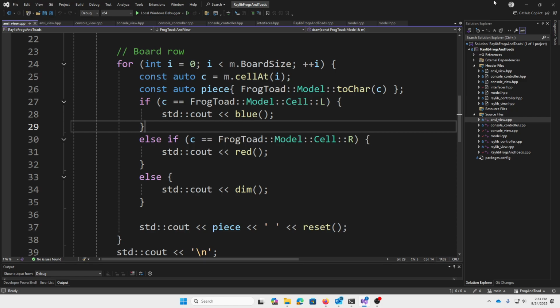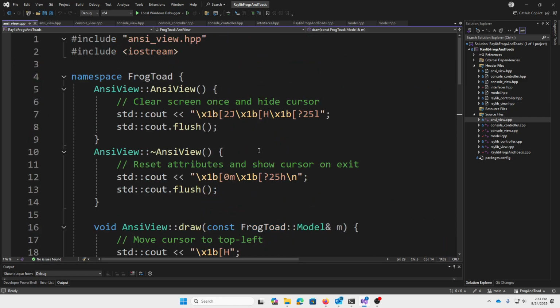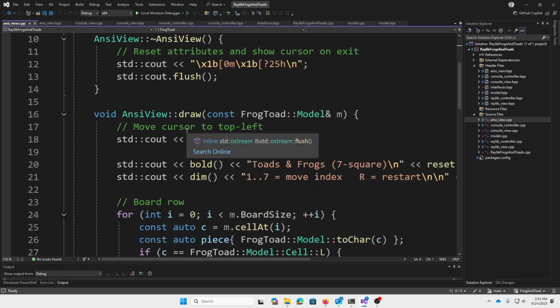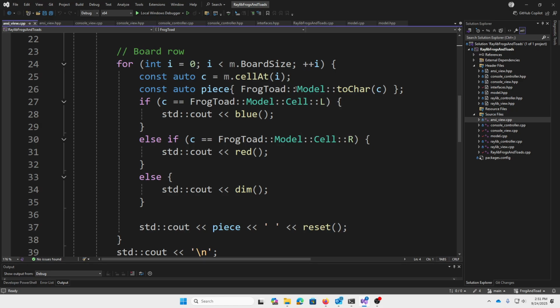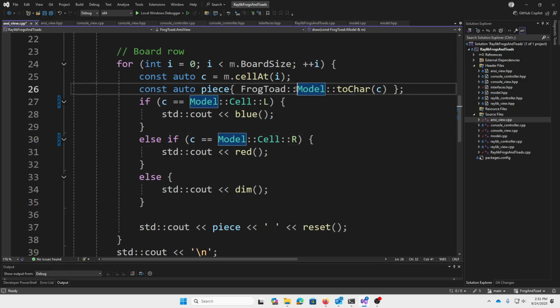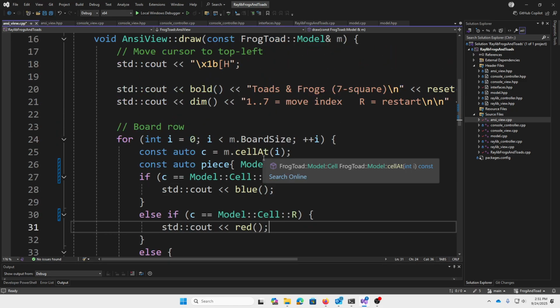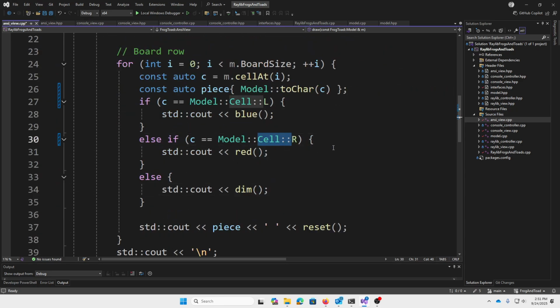Is your view not also inside the namespace, by the way? Is your ANSI view not also inside the frog code namespace? It is. Okay, you shouldn't need the namespace. If there's namespace scope, you would just do cell R. So you could just get rid of that probably because it's in the same namespace. That's true. I'm inside of the frog toad namespace. So it would be very small. If it was just in the namespace proper, then it would be lovely, because then it would just be cell R all on its own. Okay, I'll fix that up as well before